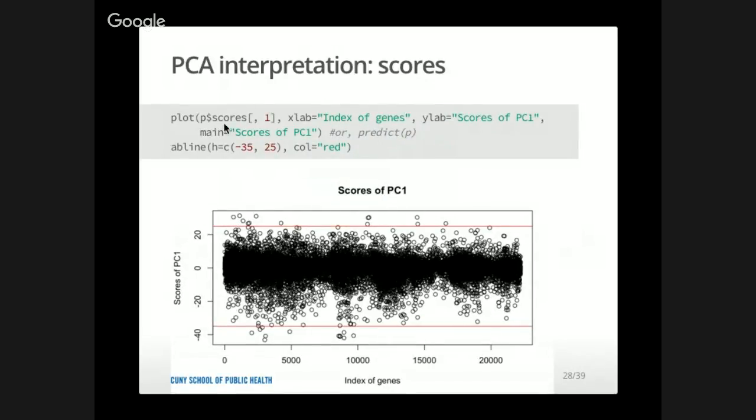So does this make sense, what I'm plotting here? Can you understand the code here, what I'm doing? This plot is just a plot of a vector, and all it does is it puts the index